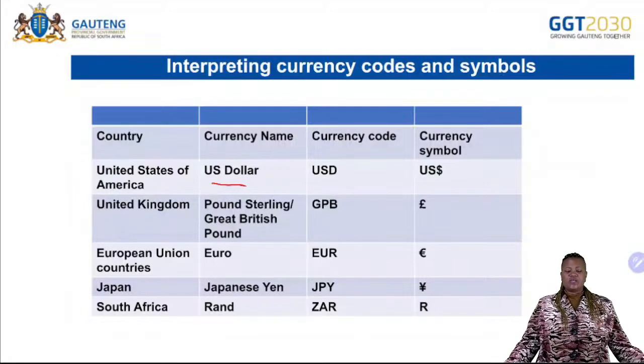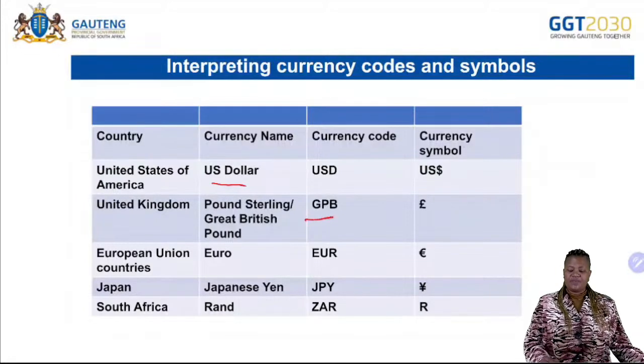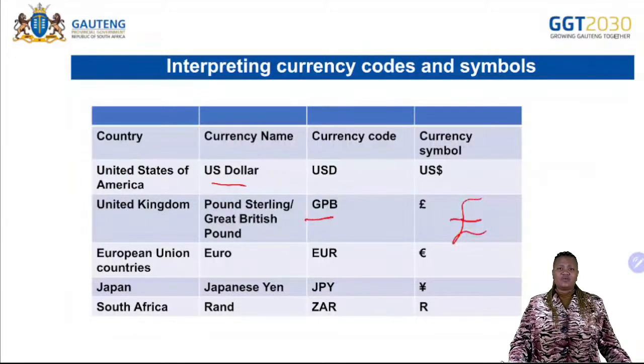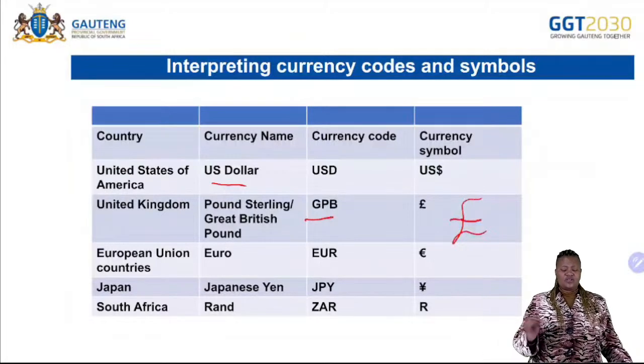In the United Kingdom, they use the pound sterling or the Great British Pound, and the code for that is GBP, and then we've got the currency symbol there. Sometimes I say it looks like an L which is stroked once. Guys, grade 12 learners, please pay attention to the symbol. Sometimes you mix it up with the euro. Please find a way to distinguish it for yourselves so that you don't make a mistake when you are answering